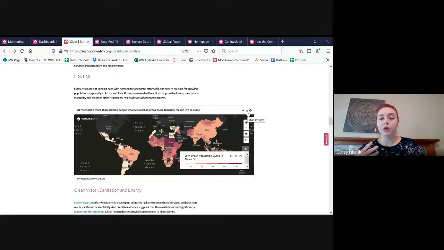So if this is something you think would be valuable for your research, all you have to do is hit the star. And you have to have an account for this to work. The accounts are completely free, and all they do is unlock our custom features. So if you want to create your own dashboard with data relevant to your project, if you want to save data to a collection, if you want to keep track of data you're going to be coming back to,